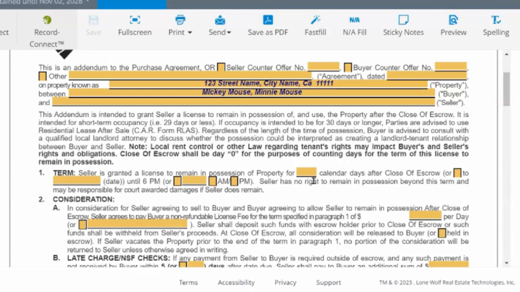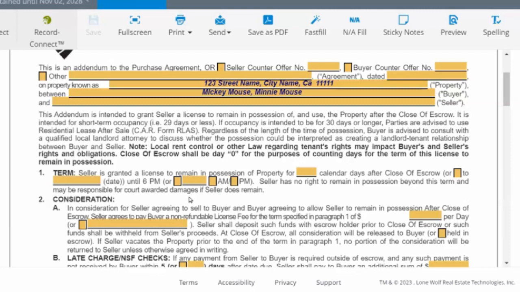So it's common to see both. But again, if it's a specific date, we want it to be less than the 29 days. But let's say they need a week to move out and we put a specific date and then escrow closes late, that lessens their week. So usually it's a good idea to put specific days here. And then it defaults to 6 p.m. I kind of like to just put it till midnight on whatever day it is that they're going to move out, just because that way